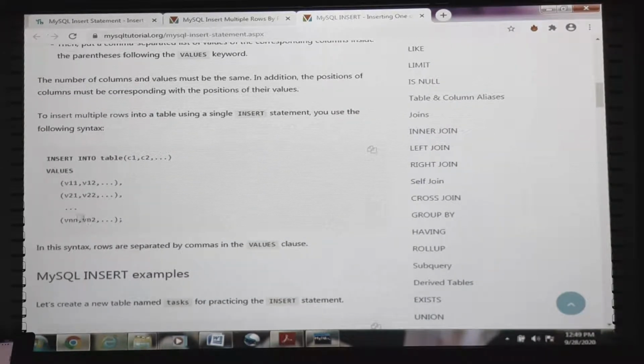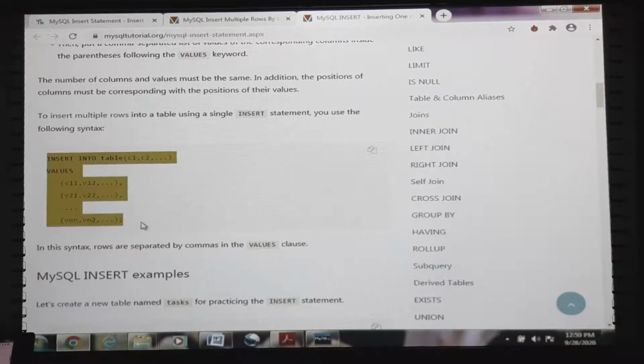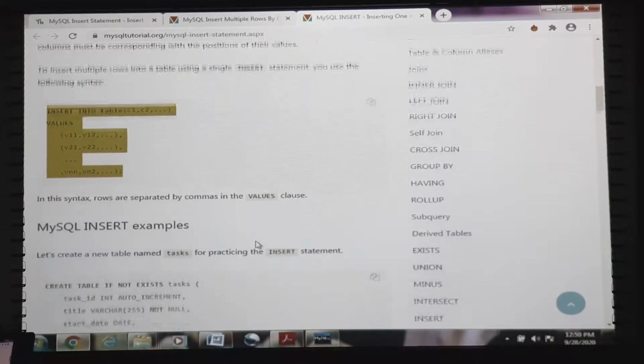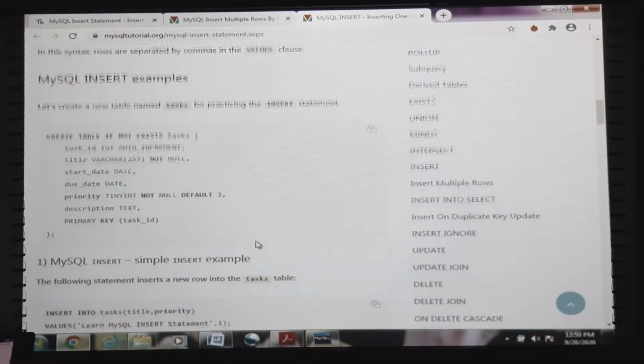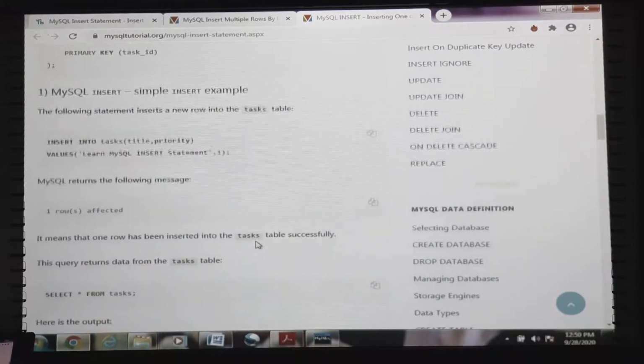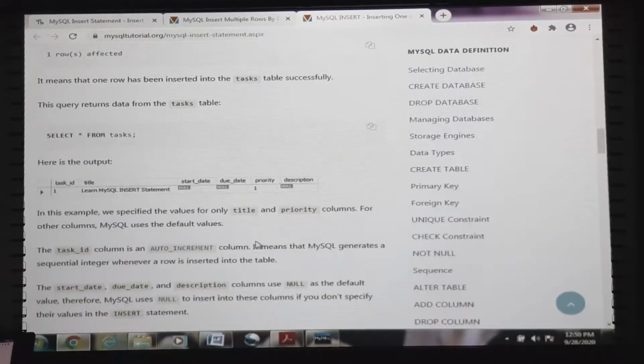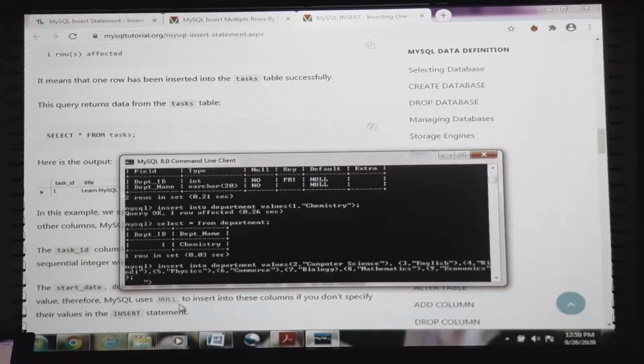See, your syntax should be like this. Insert into table followed by values, which should be enclosed inside brackets, followed by commas. Now I have executed this query, but it did not get executed.